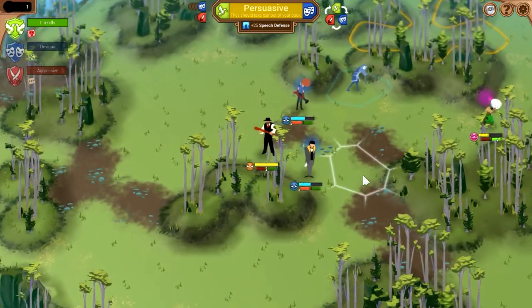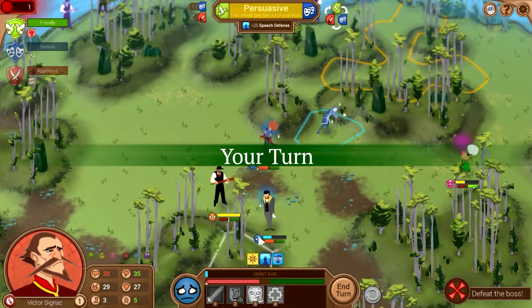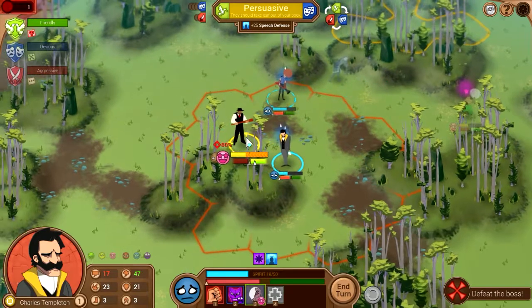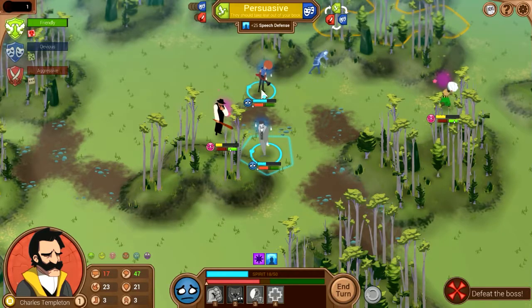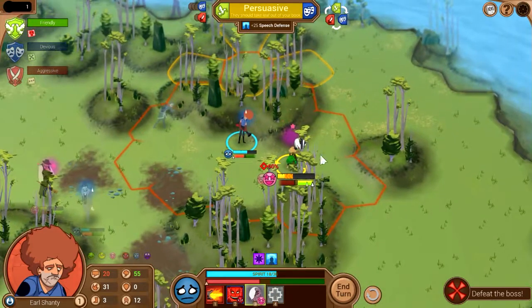Oh wow, he ran away. Alright, well, I think we might win it now, but it's gonna be really, really close. So let's go ahead and do that. Oh, okay. Well, I meant to do... I'm clicking with the wrong mouse button every single time. Alright, if we could get rid of him, that'd be fantastic. So, let's try to